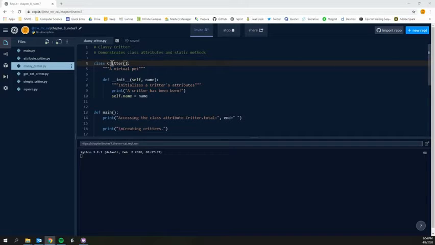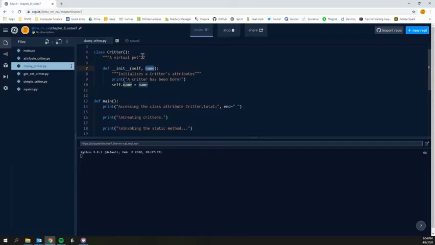With this, we've just got the class Critter, the same example we've been using this entire time. A really simple example where our critter just has one attribute, which is their name. And then we're just going to use a critter with a name to model these two new ideas. All right, so get your starter file set up, and we'll first talk about